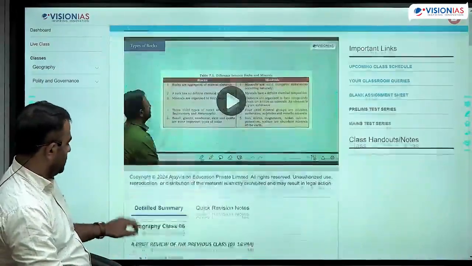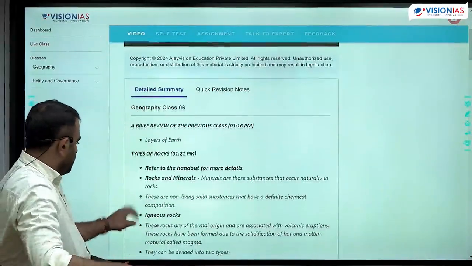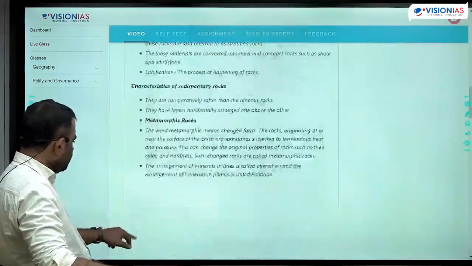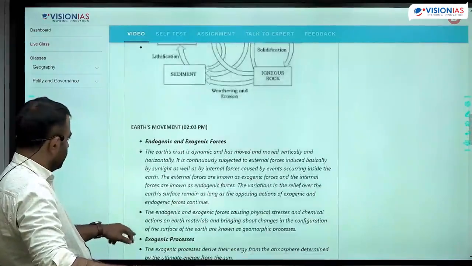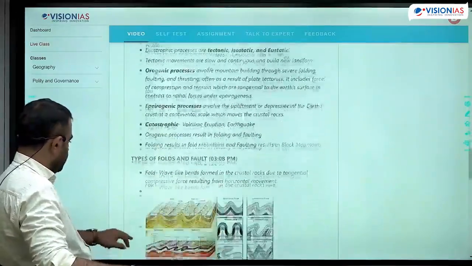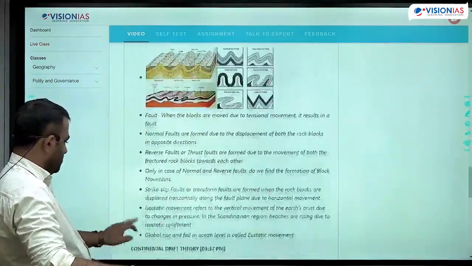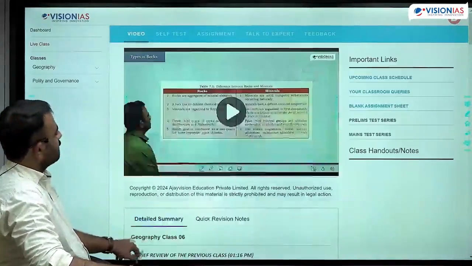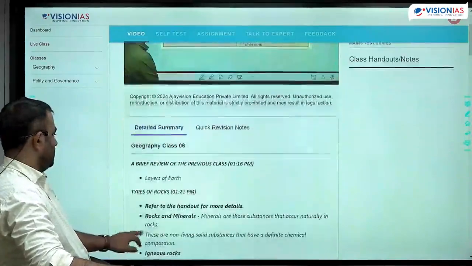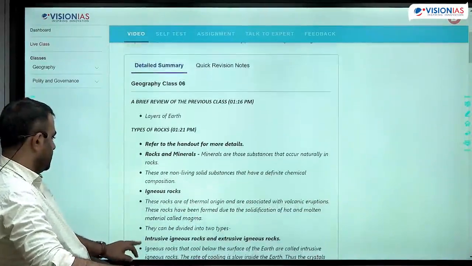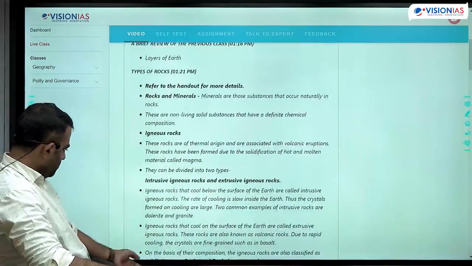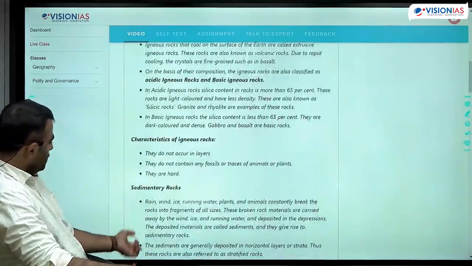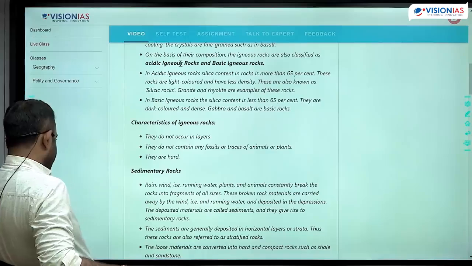The last class we had discussed regarding types of rocks and Earth's movements, different types of processes, and also regarding continental drift theory. So in the topic of types of rocks, we had discussed what are rocks, characteristics of igneous rocks, types of igneous rocks, examples, the process which results in the formation of these igneous rocks,